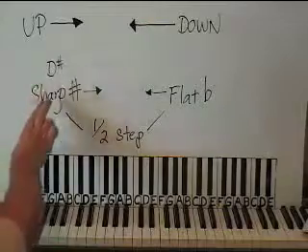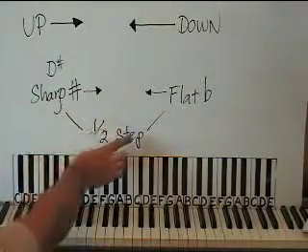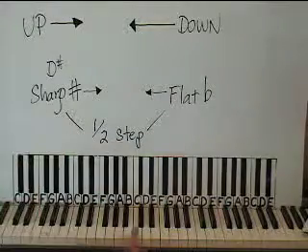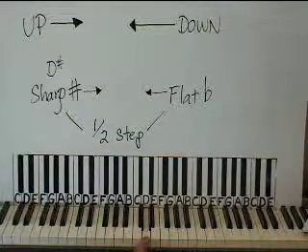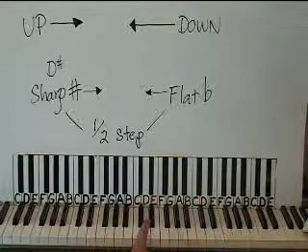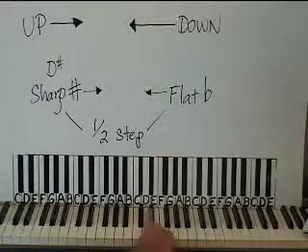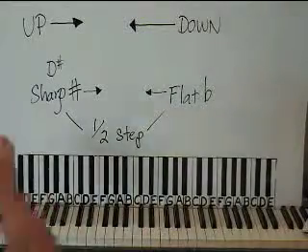But if I say D sharp, you're going to go to the right a half step. So you're going to go up a half step, and all that means is you're going to go to the very next key this way, whether it's a black key or a white key. So this is D, and this note therefore would be D sharp, this black key. Okay? Let's try another. If I said C sharp,